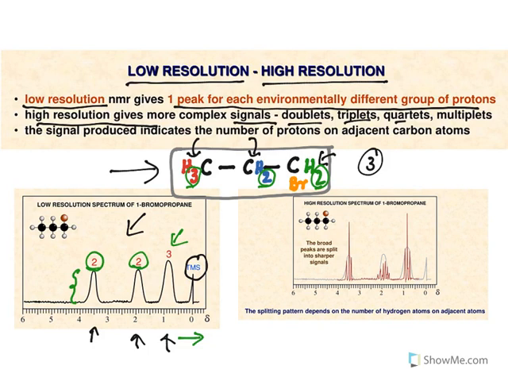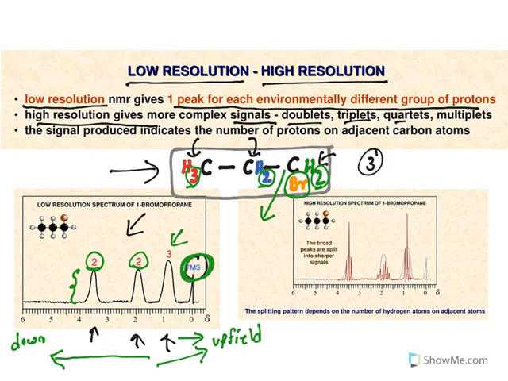See, understand this concept. Bromine is electronegative. So when an electronegative atom is there, it will be pulling the electrons away from carbon. If the electron density is moving away, the signal will move downfield. It is also called deshielding because electrons are moving away. Remember, only TMS, tetramethylsilane, has the highest electron density around protons. So anything which has the highest electron density, the signal will come towards TMS, which is also known as upfield. Whereas when electrons are moving away, that is downfield or deshielded, and the signal comes on the left side.